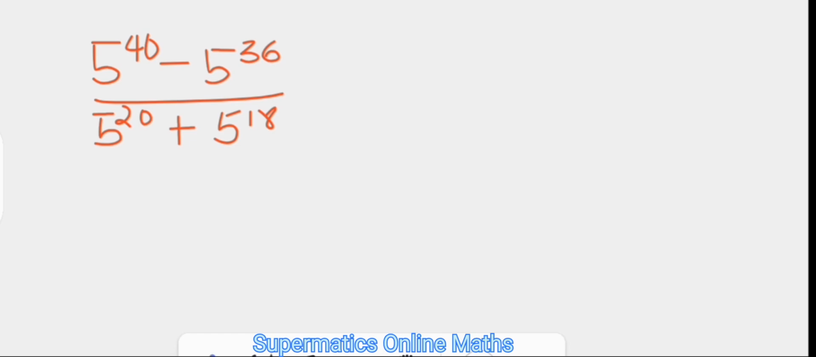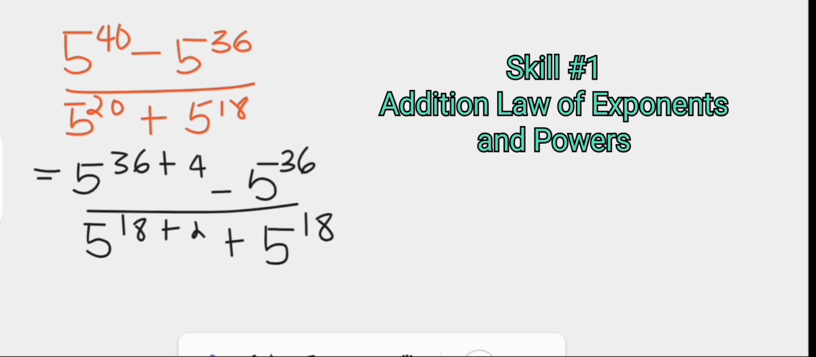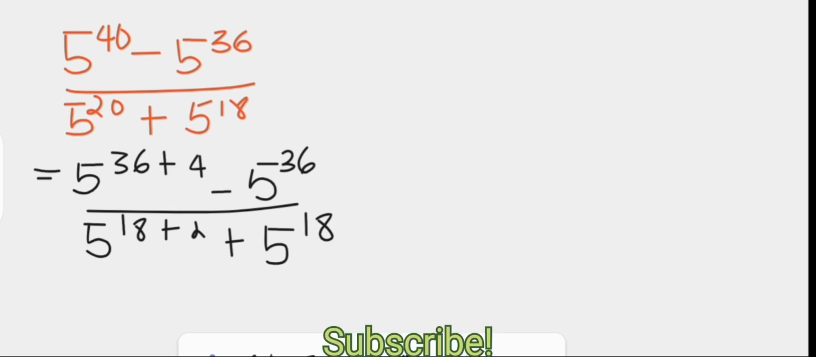But first, let us express this as 5 to the power of 36 plus 4, as a way of extracting 36 from 40. Then minus 5 to the power of 36, and in the denominator we write this as 5 raised to the power 18 plus 2, then plus 5 raised to the power 18. So the first skill we shall be using is the addition law of exponents and powers, which goes thus: